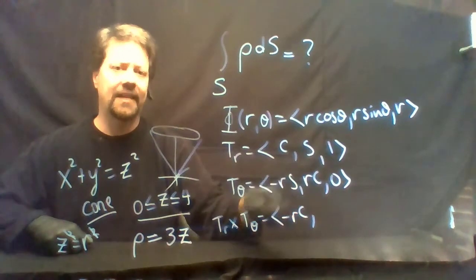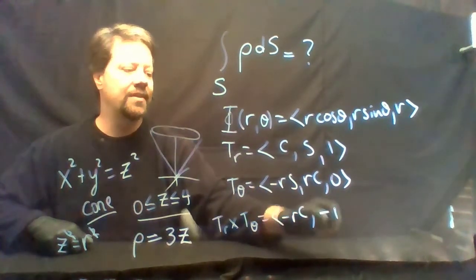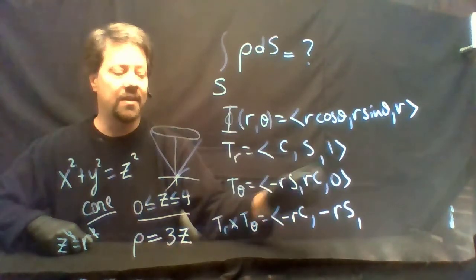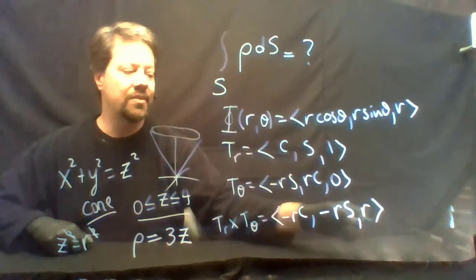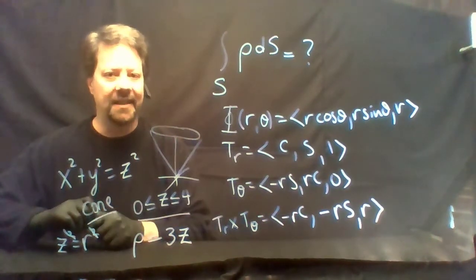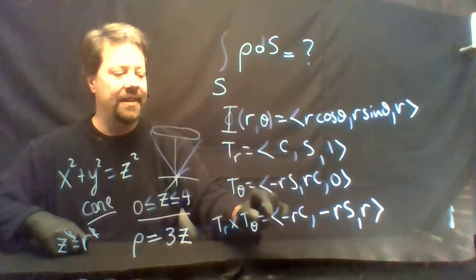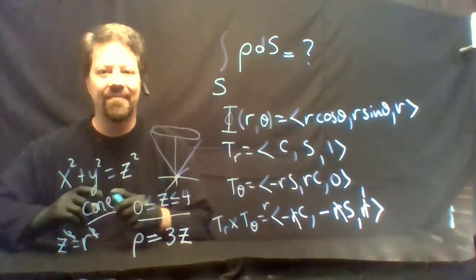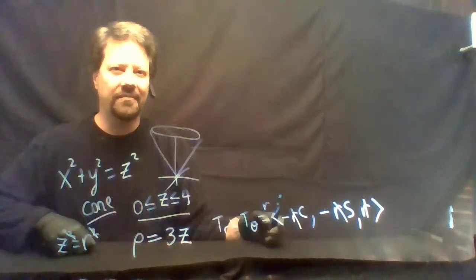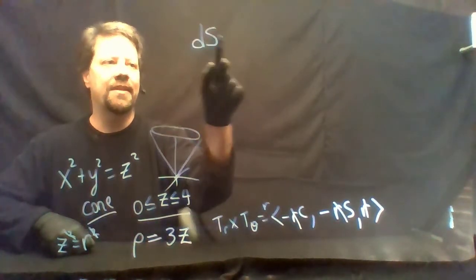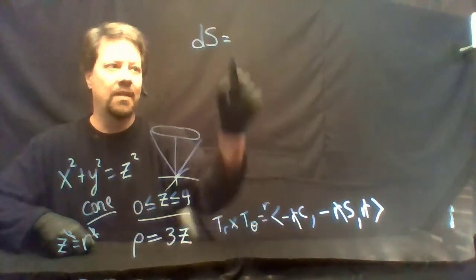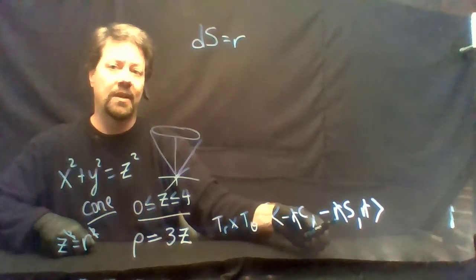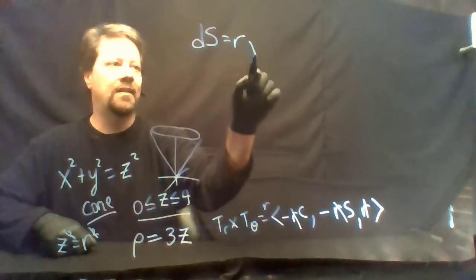We subtract a negative and then switch the sign, that's 3 negatives, r sine, and then r cosine squared plus r sine squared simplifies to just r using the Pythagorean identity. We can factor the radius r out, leaving a 1 in the last coordinate. That'll make it easier to calculate the norm. The element of surface area then will be the norm. r will come out. We have cosine squared plus sine squared, which is 1, plus 1, all under a square root,